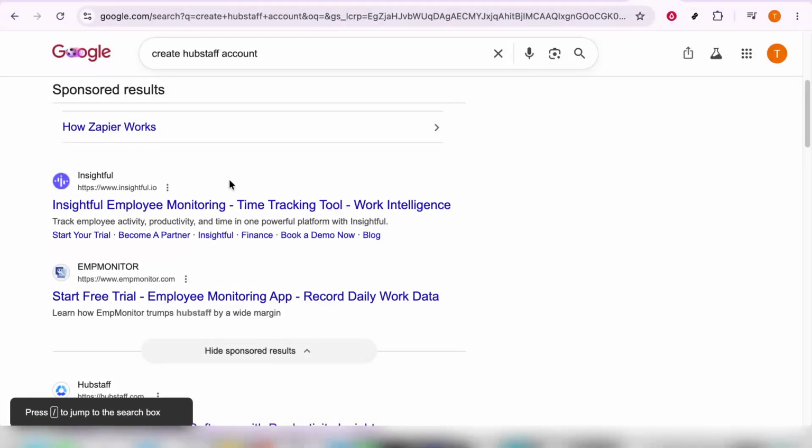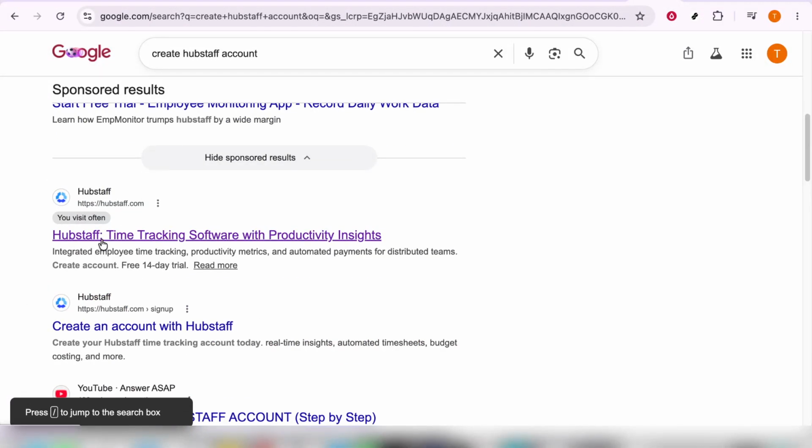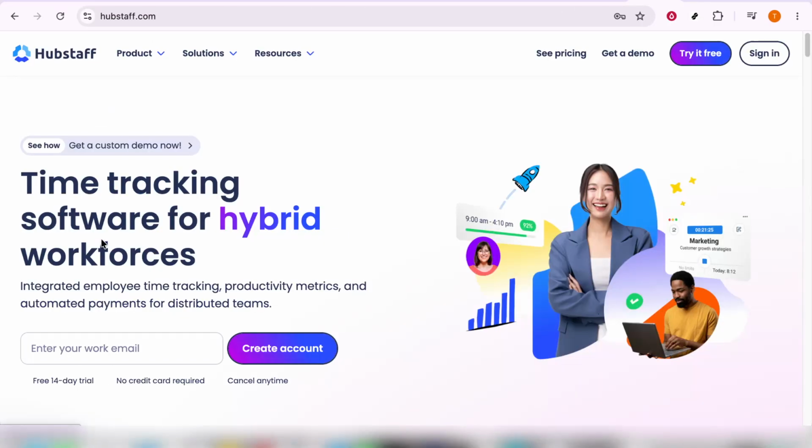In today's video, I'm going to teach you how to create a Hubstaff account. To get started, open your web browser and go to Google. In the search bar, type in Create Hubstaff Account and run the search. This is a simple way to quickly find the official sign-up page if you're starting from scratch and don't already